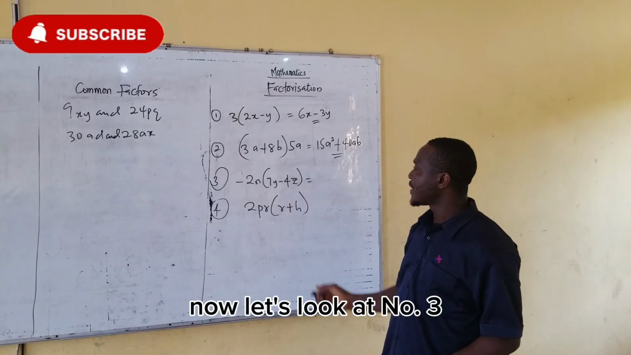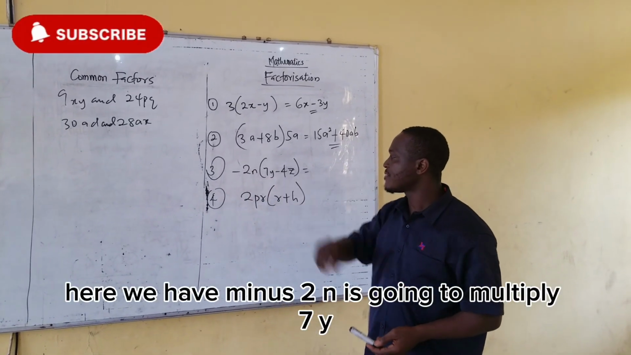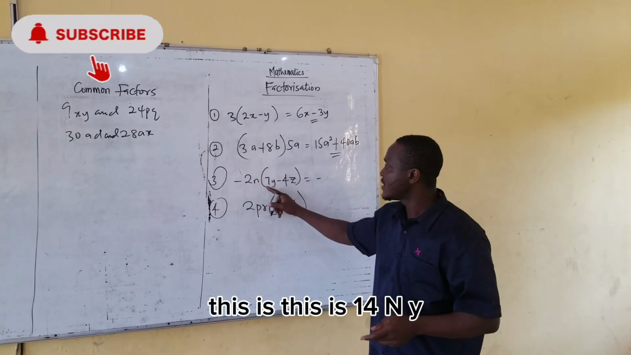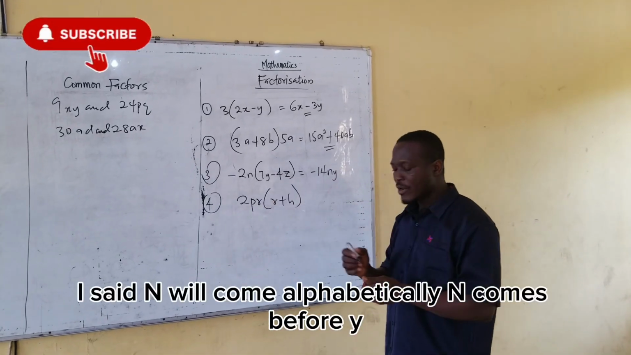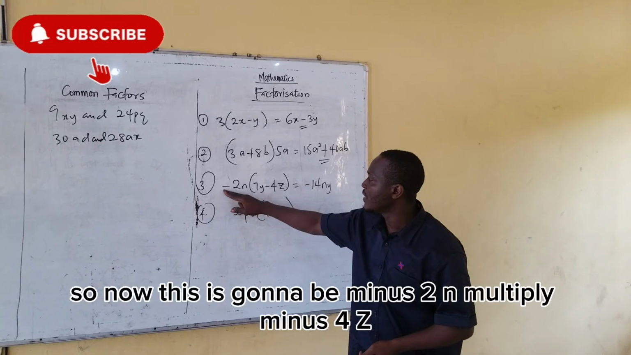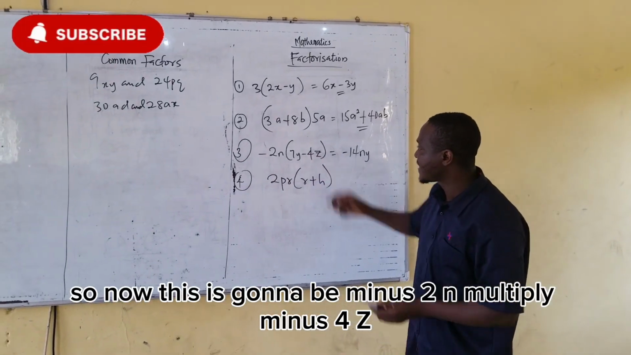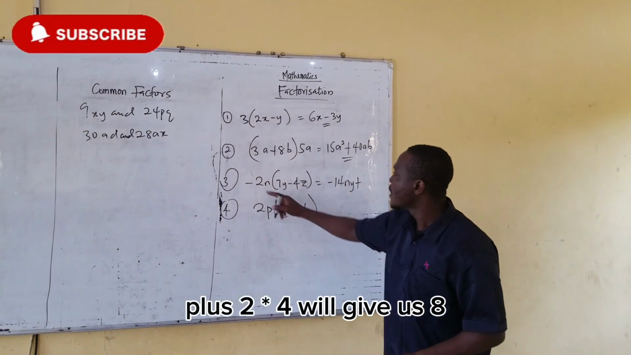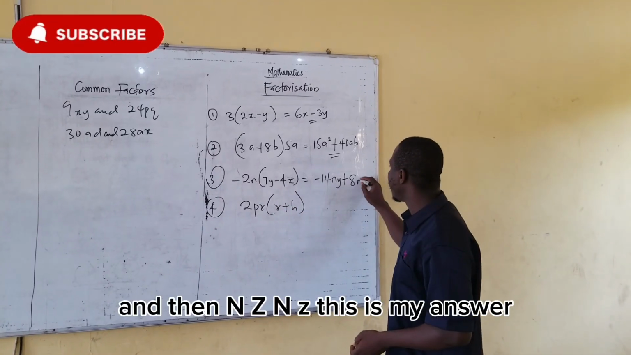Now let's look at number 3. Here we have minus 2n is going to multiply 7y, and we're having minus sign first. This is 14ny. I said n will come alphabetically, n comes before y. So now this is going to be minus 2n multiplying minus 4z. So minus and minus will make here to be positive, plus 2 times 4 will give us 8, and then